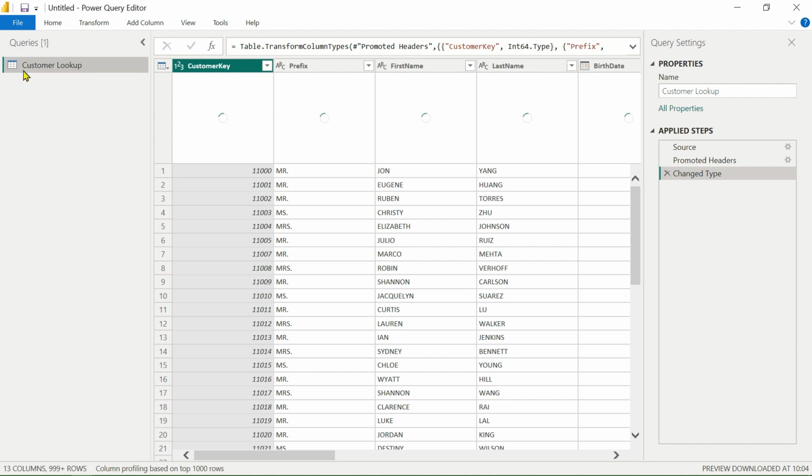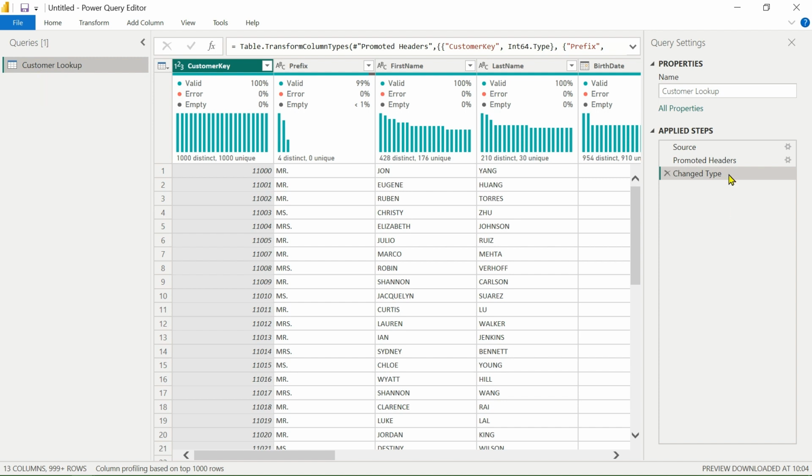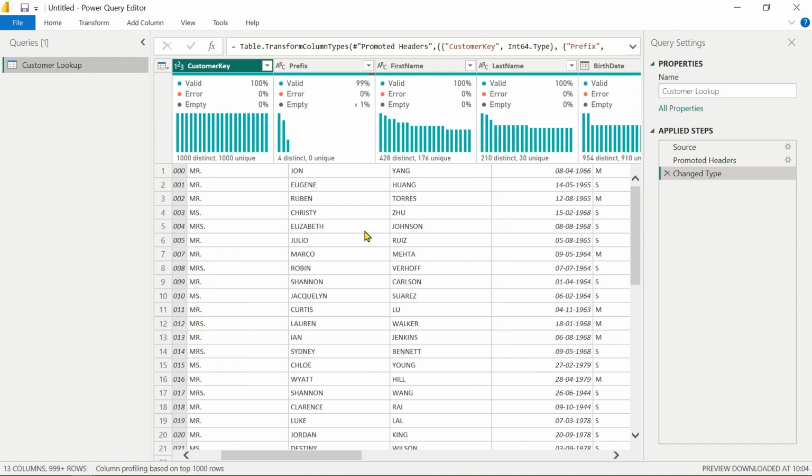If you see, we have connected the customer lookup. Because we turned on the setting to automatically detect the header and change the data type, these three steps are performed automatically.